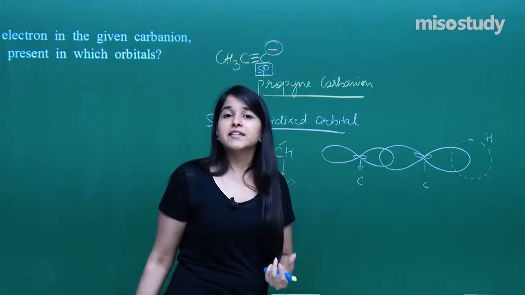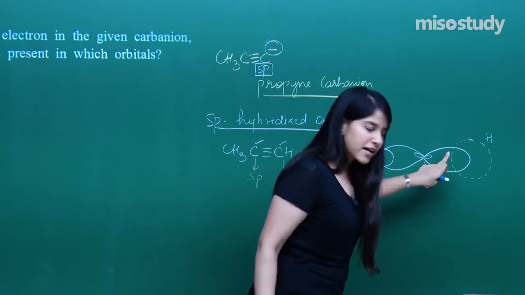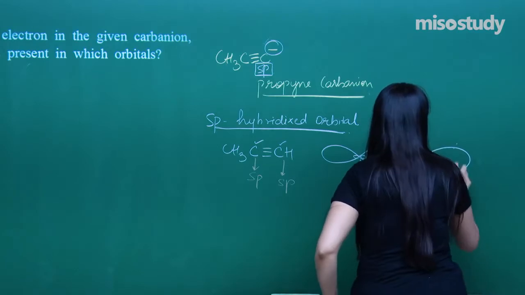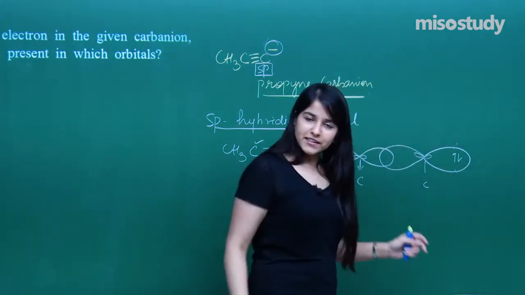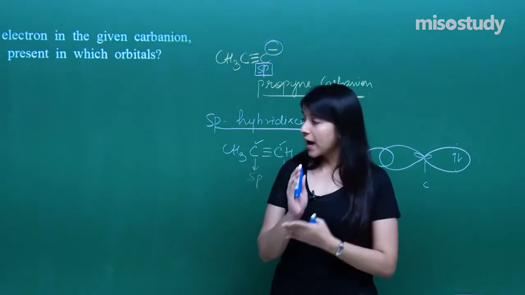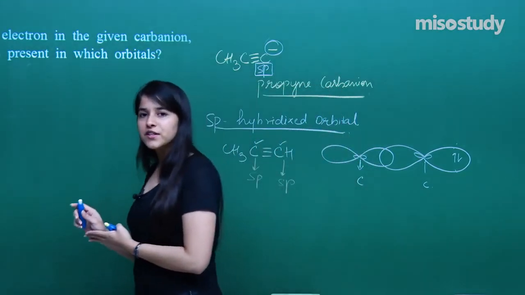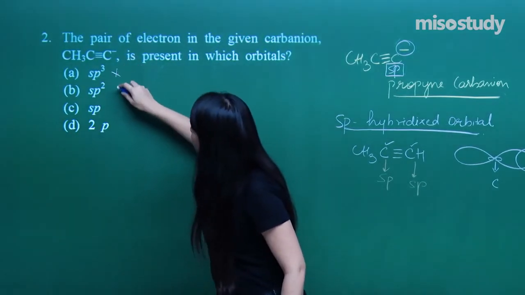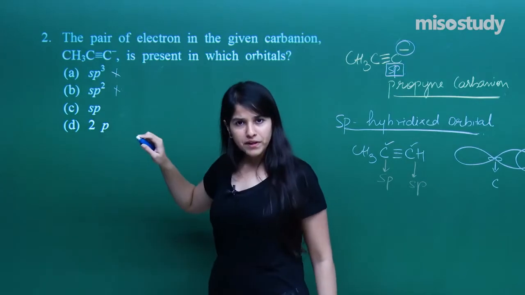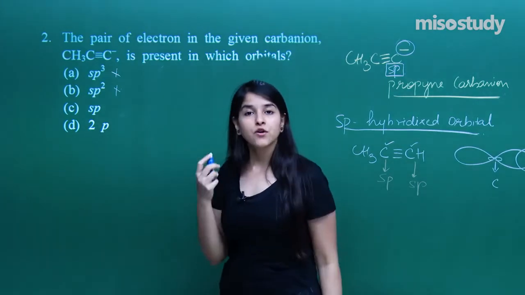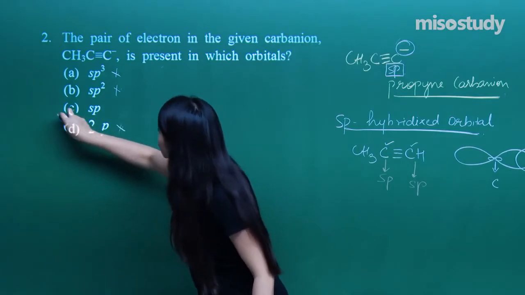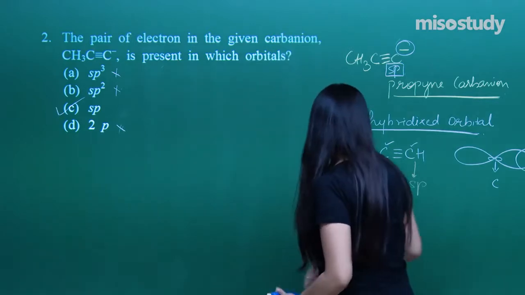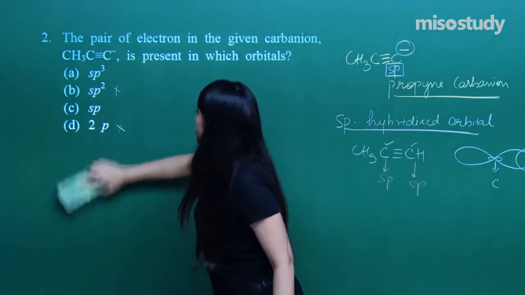So the hydrogen leaves its electrons in where? This sp hybridized orbital. So the electrons will be contained over here. So that is what is required in the question. And which option is correct? So let us just see over here. The correct option is not sp3, not sp2, not even 2p. We are actually talking about the hybridized orbitals. So here the answer is C. I hope that is very well clear to you. A pretty simple question. Now let's talk about the next question.